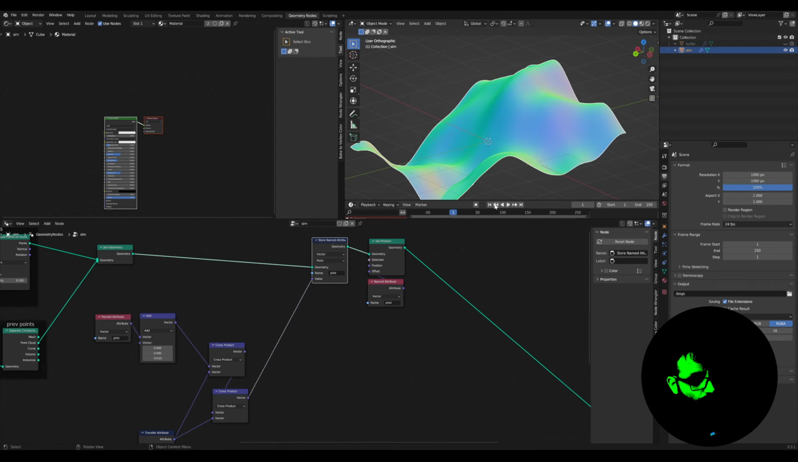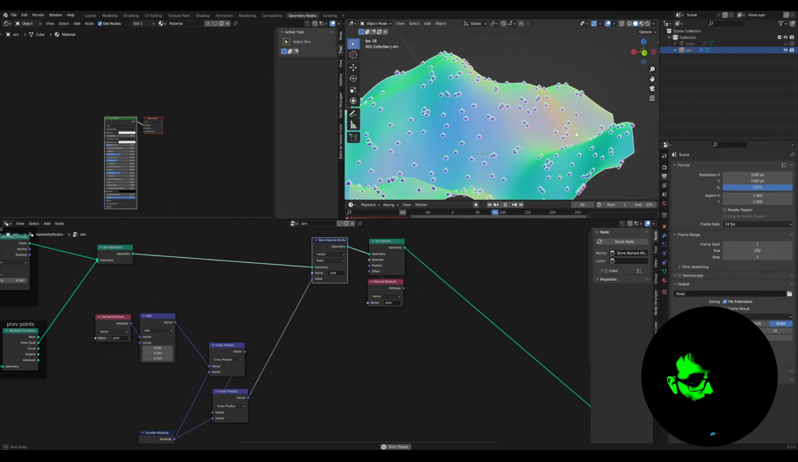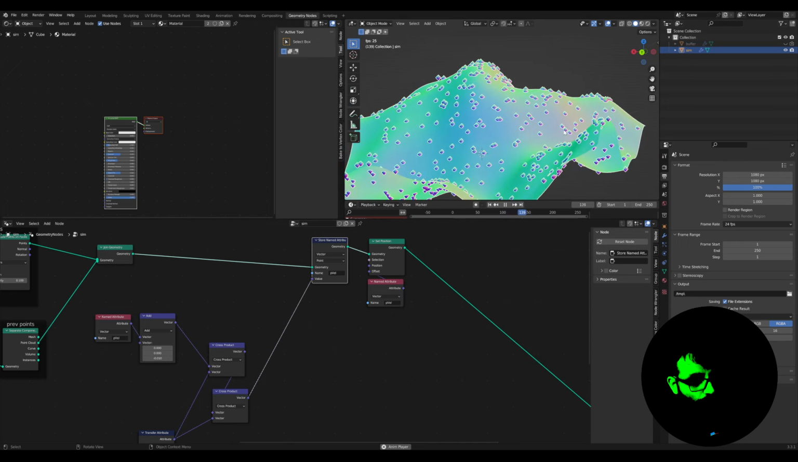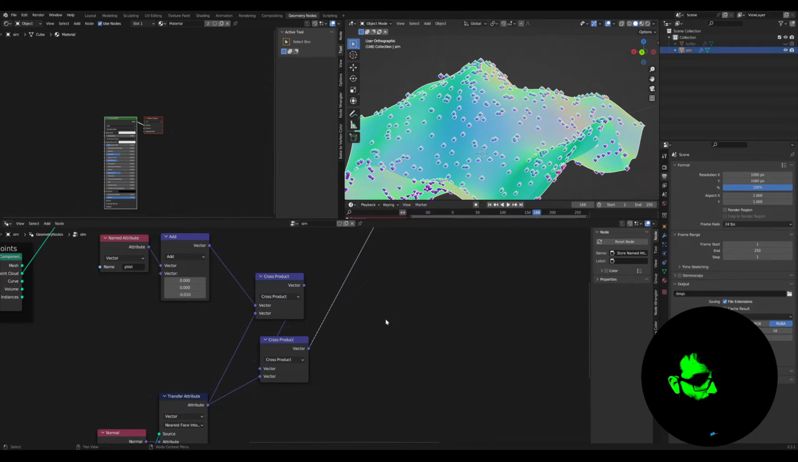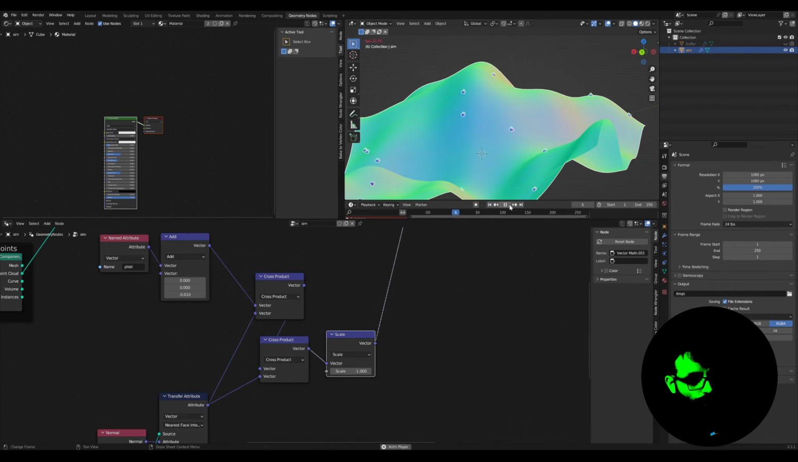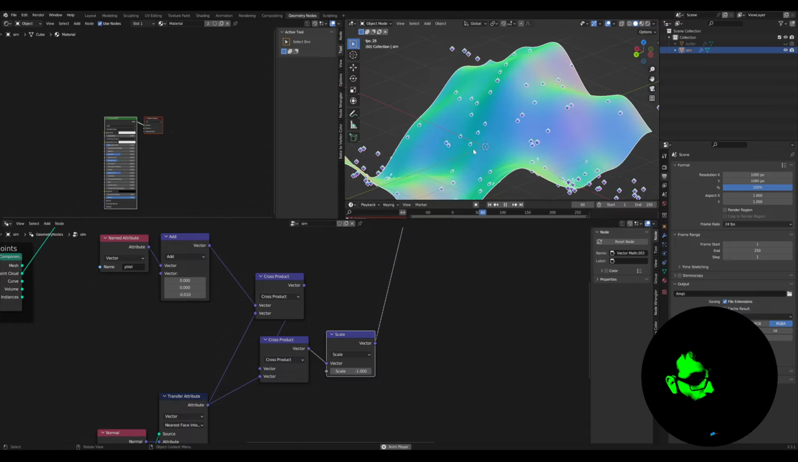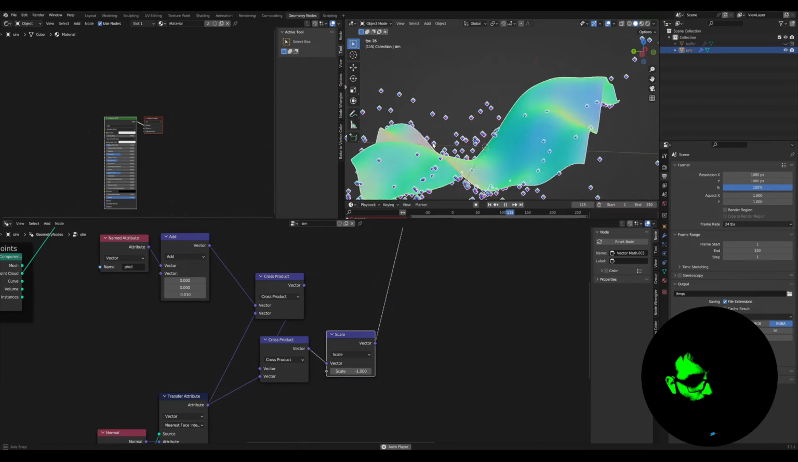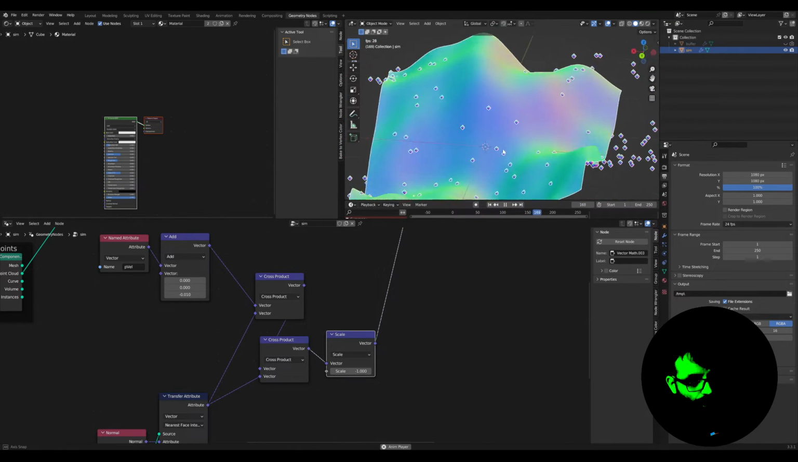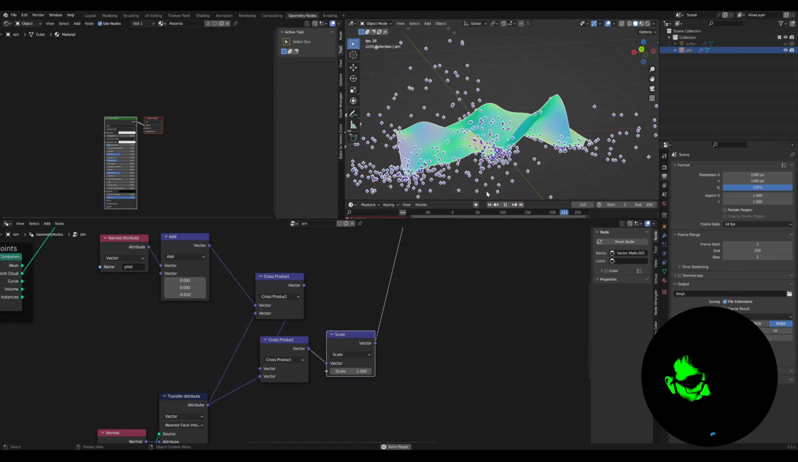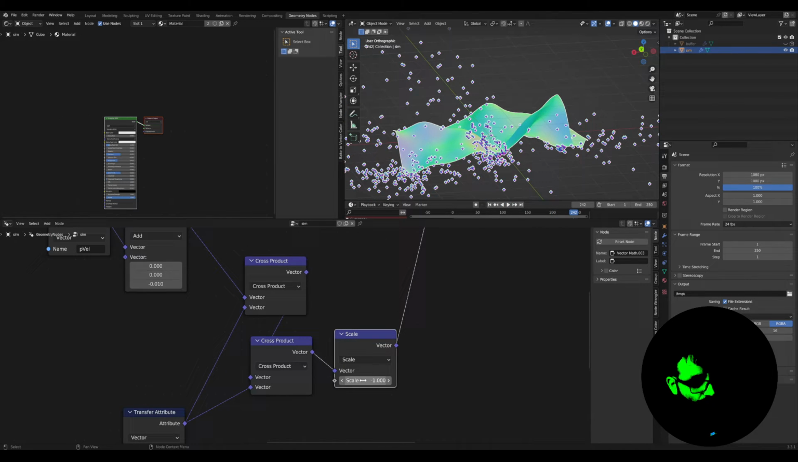And let's have a look. Yeah, they are moving along the surface, but in the wrong direction. So I need to invert this, and I do this with the scale vector math node. I put -1 in here, and now they are moving down the slope, but yeah, there are some glitches,